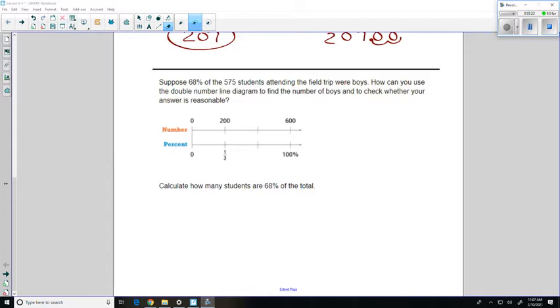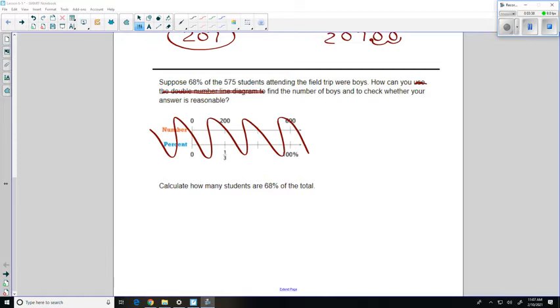In this next problem, now we have 68% of the 575 students attending this field trip being boys. We're not going to use this double number line. First of all, they called it 1/3 of a percent. That's crazy. We will do some estimating, but that's it. So anyway, for my estimate, I've got 70%. I got 68% of 575, and I'm going to say that's about 70% of